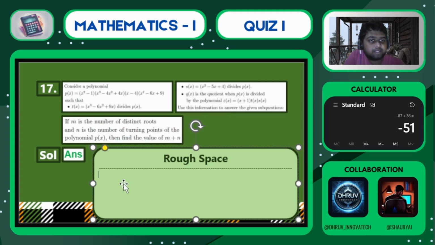तो हम पी एक्स से ये ऑब्जर्व कर सकते हैं कि हमारा जो मेन इक्वेशन है उससे हमें ये पता चलता है कि जो हमारा पी एक्स है उसके 8 पॉसिबल रूट्स हैं, क्योंकि अगर आप x के सारे फैक्टर्स के जो एक्सपोनेंट्स हैं उन सबको अगर आप मल्टीप्लाई करेंगे तो आपको जो हाईएस्ट डिग्री आएगी वो आपके टोटल नंबर ऑफ रूट्स रहते हैं। तो टोटल नंबर ऑफ रूट्स 8 है। डिस्टिंक्ट रूट की बात नहीं कर रहे हम अभी, हम बस रूट्स की बात कर रहे हैं जो कि 8 है। अगर आप डिस्टिंक्ट रूट देखेंगे